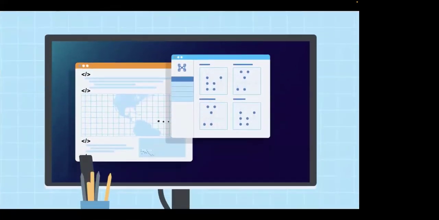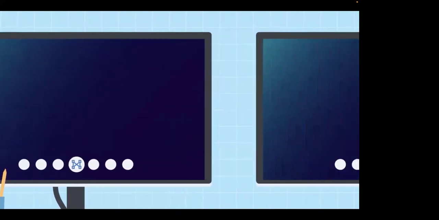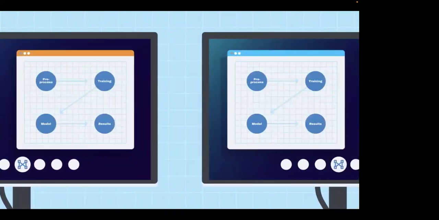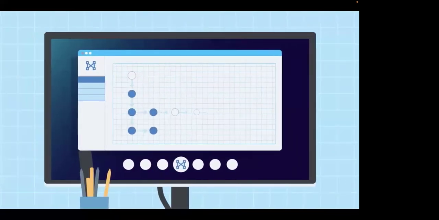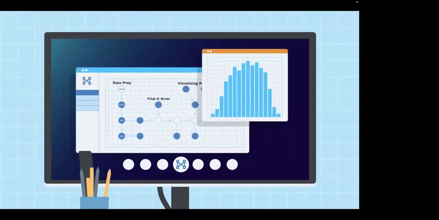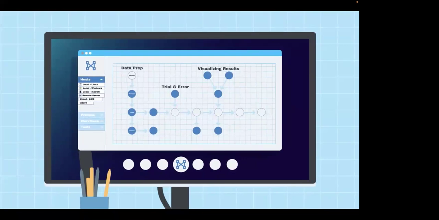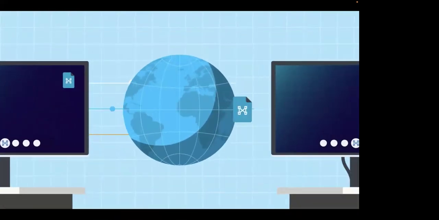It is an open source, browser-based application that runs in the background and can be integrated at any stage of a project. Geoweaver ensures rapid reproducibility, saving your team time and money by logging all the steps in a scientific workflow, from data preparation to trial and error and visualizing results. It also tracks model parameters and computing environments. Then, with one click, full stack workflows are condensed into a single file that can be shared and executed instantly